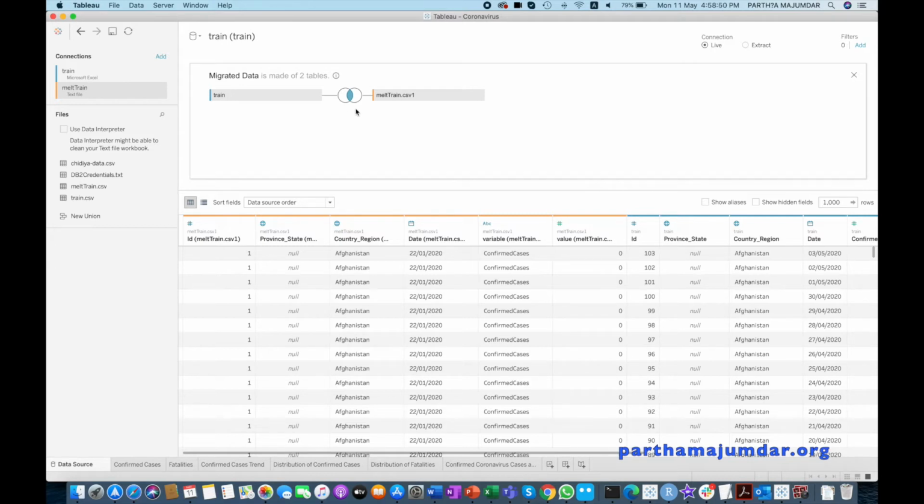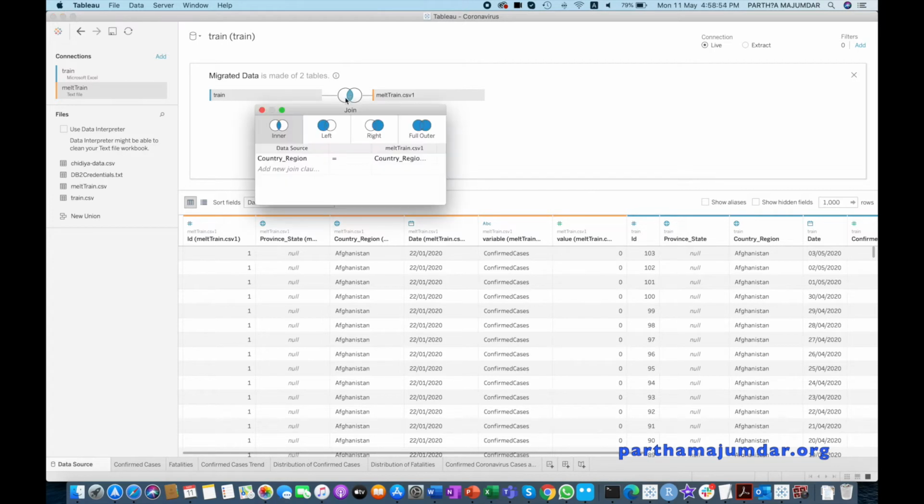Now I have put melttrain and train in a relationship. Let us edit the relationship. Now it is only connected by the country or region. I will add a new field, say ID, which is also mapped to ID, and date is mapped to date. I will change the order here.